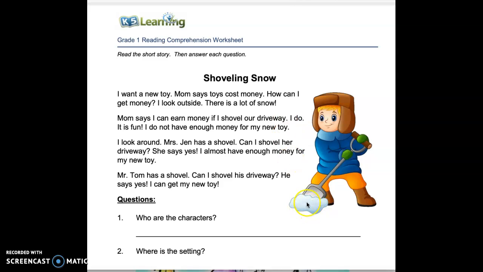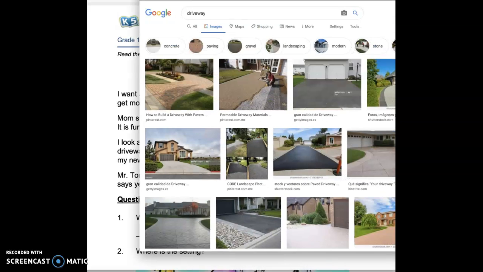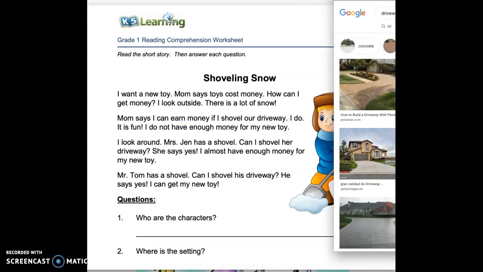You shovel the driveway because there is a lot of snow, so we need to clean up. Okay, so a driveway is like that. You have a garage door and you have a big driveway. You can have different kinds of driveway actually. This one is a driveway, but it's full of snow, so we need to clean up. So let me just move this.